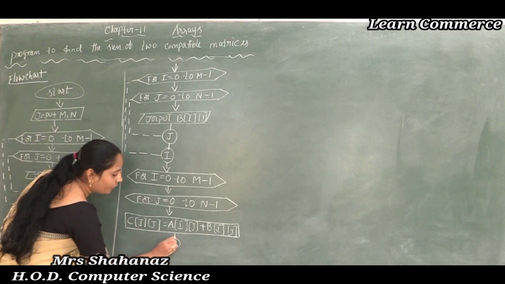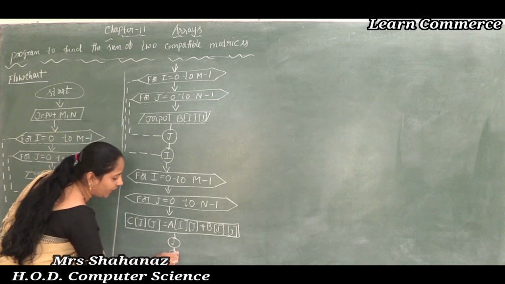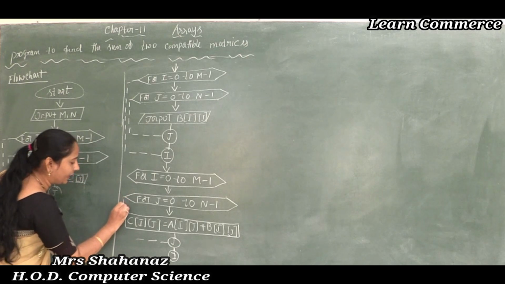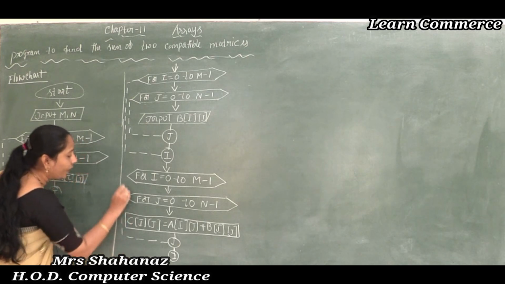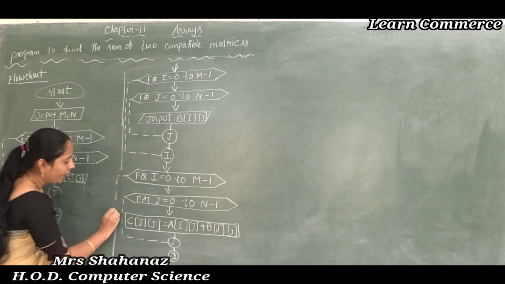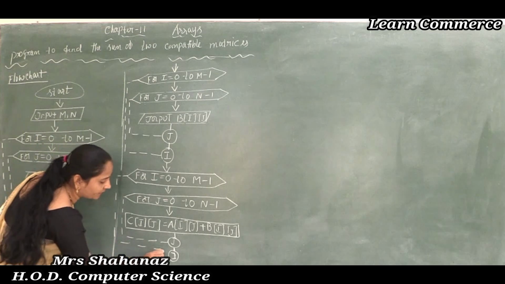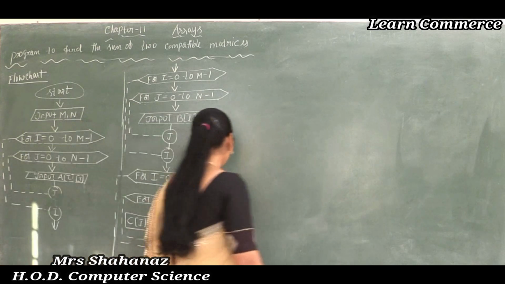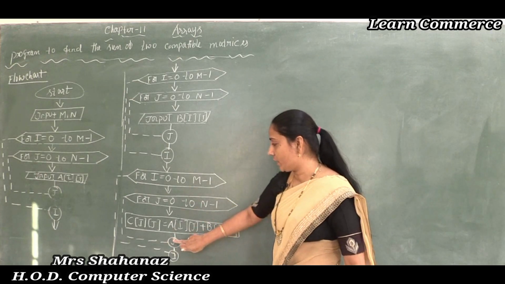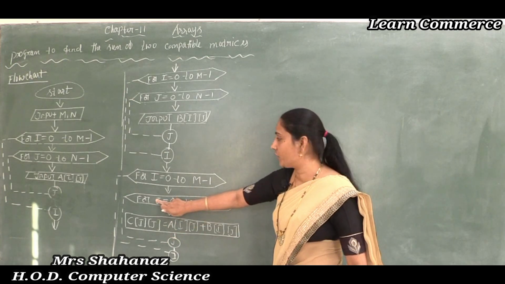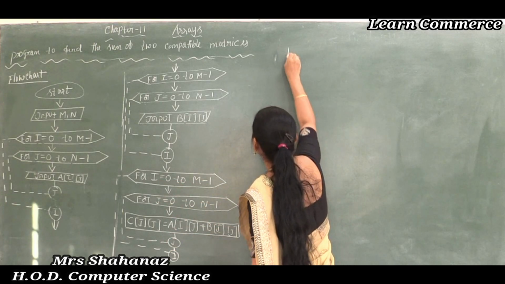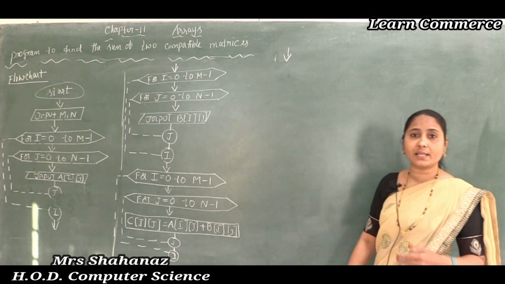and later on we need to make the connection of j and the connection of i. So again and again it will go to access the row size element and the column size element; it will go again and again to access the value. So we need to make the connection, clear this point here. This one is the connection to j, and also we need to make the connection to i, and later again we need to make the continuation. Now also the final result we need to show.